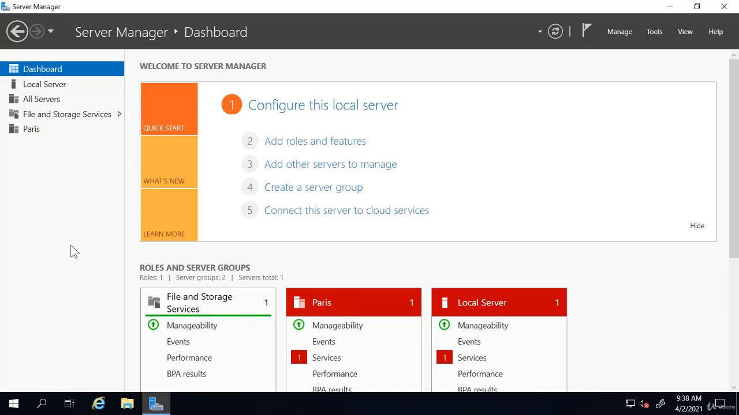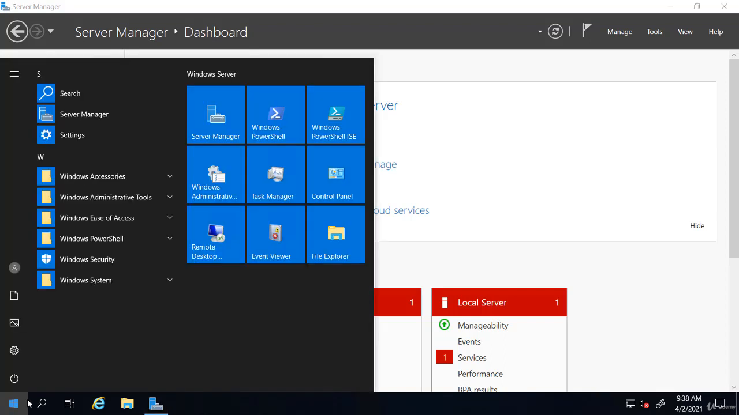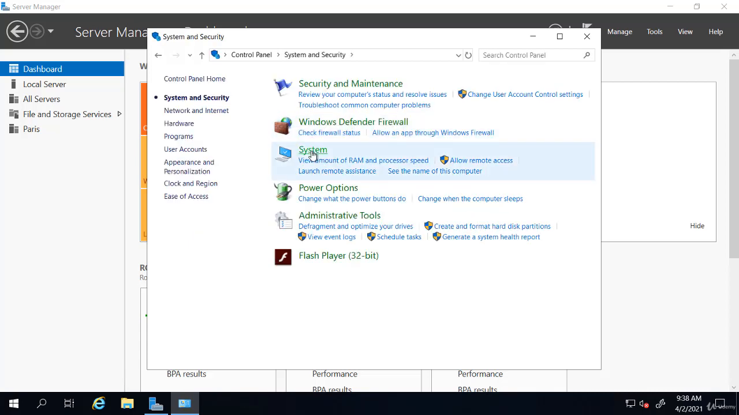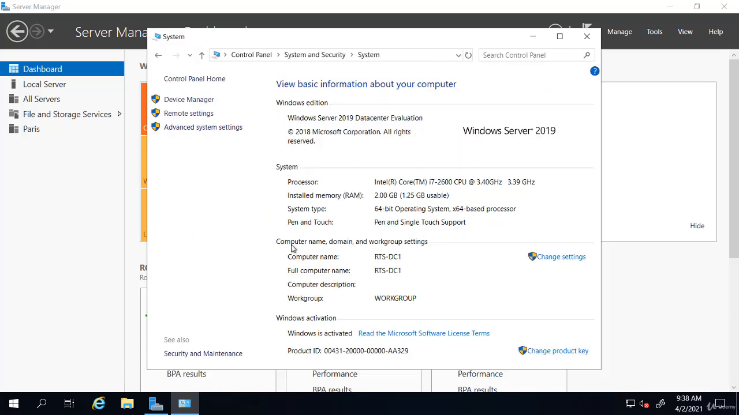On any computer that you use, whether it's a client, Windows 7, Windows 10, or a server operating system, an easy way to view your workgroup or domain membership, there are a couple of ways, but one is to simply go to Control Panel. In Control Panel, if you navigate to System, I can see right now under Computer Name, Domain, and Workgroup Settings,